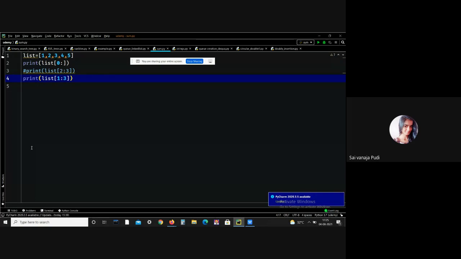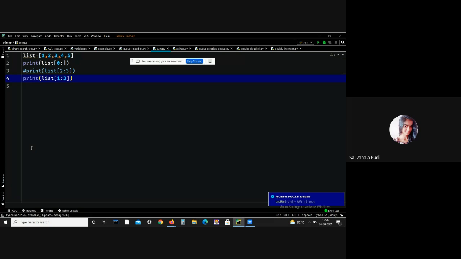Unlike other programming languages, like C, Python provides the flexibility to use negative indexing also, like we use negative indexing in strings. So that case is also applicable in lists.